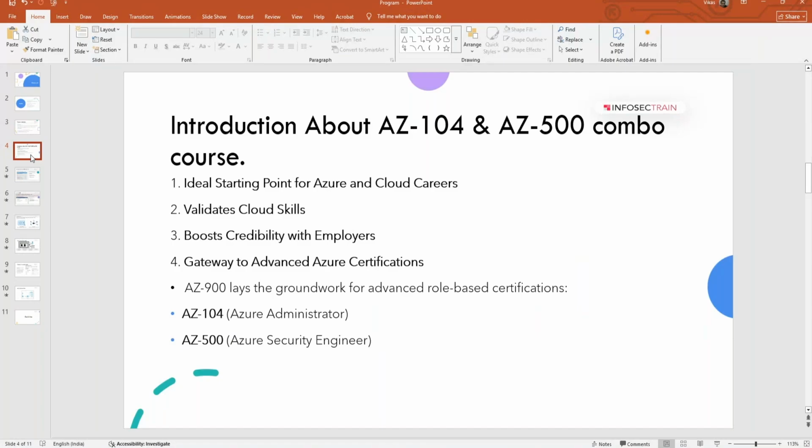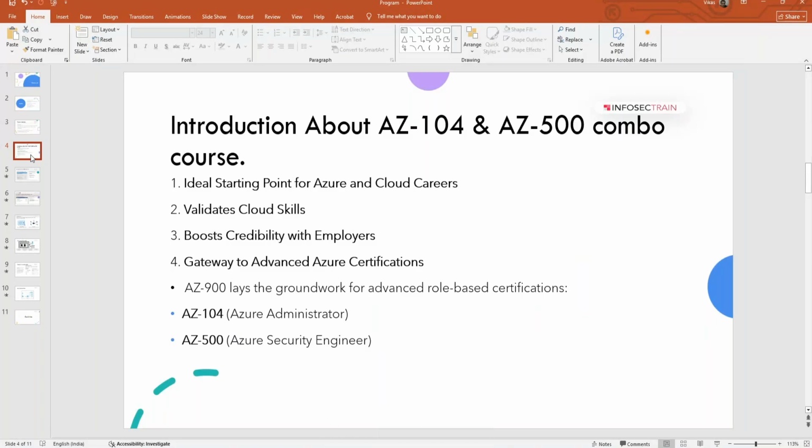My company, Infosec, normally deals with security courses worldwide, CISSP, CCSP, and so on. And in our audience, people normally come for the AZ-500 class most of the time.